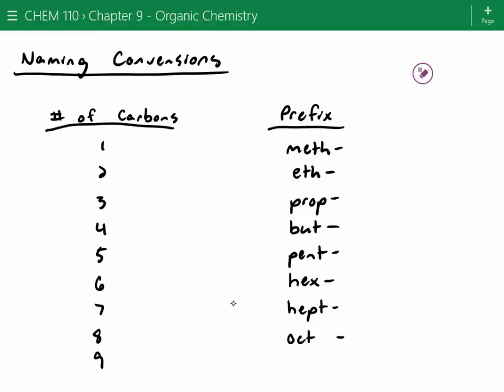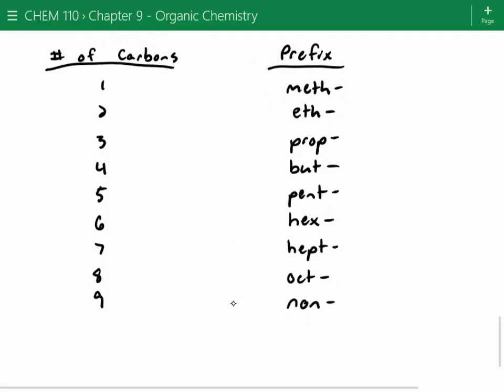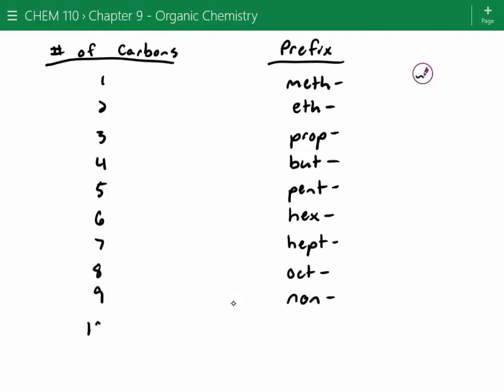So if you go to the gas station and you actually see the octane reading, that's the amount of octane in your fuel. Octane is obviously an alkane, right? It's a clean burning fuel. It's nice and heavy. It works well in car engines. 9 carbons, we've got nonane, or non. And then we can even go all the way to 10, and this is dec.